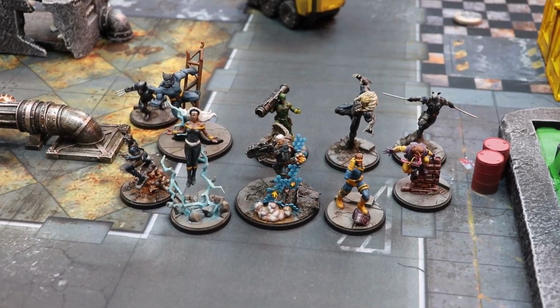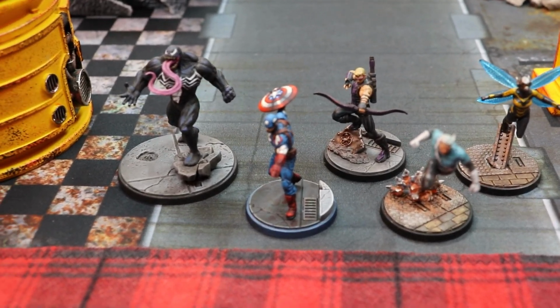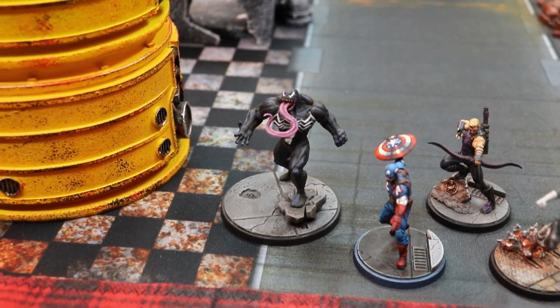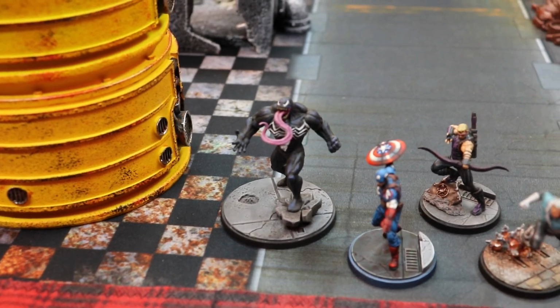So I'll show you Sean's roster next. And here we are with Sean's team of guys going into this match. So obviously Cappy's using Avengers. He has Venom in there for some good hitting. Unfortunately, with Cyclops, Storm, and Cable on my side of the board,